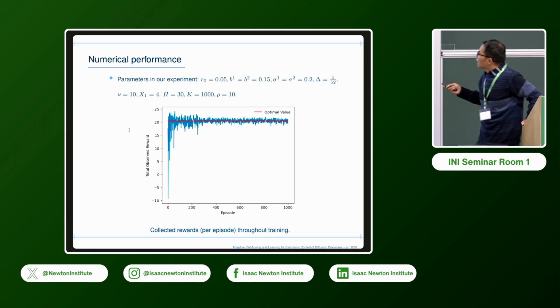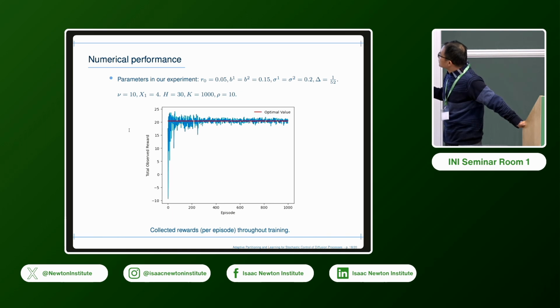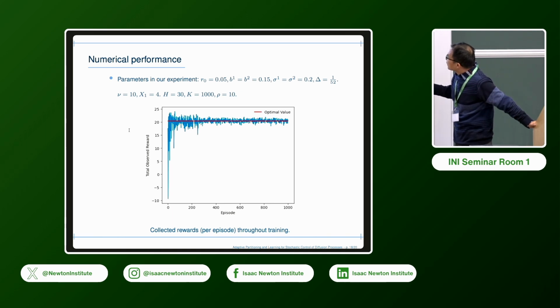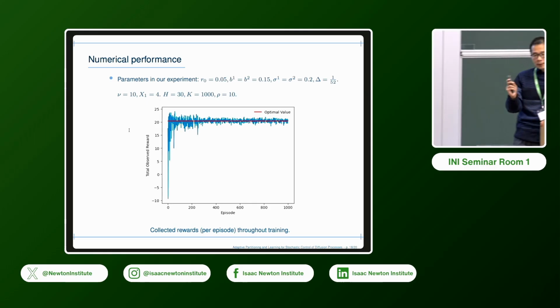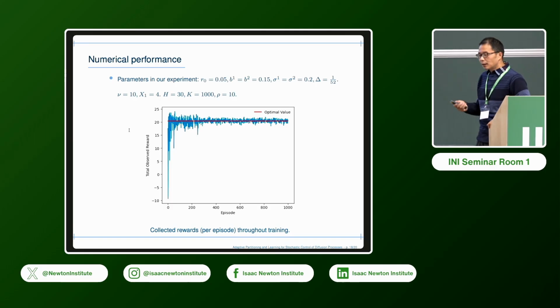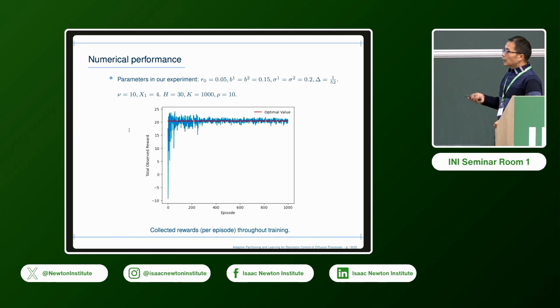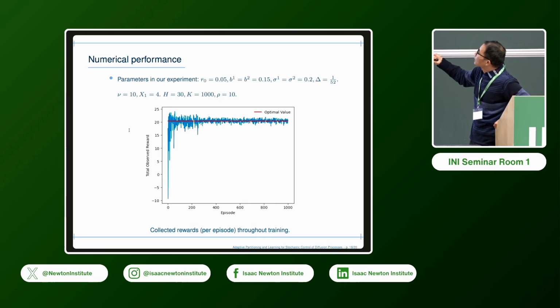So you can see, starting from something like 300 or so, the performance is quite stable. So the convergence is quite quick and quite stable. And from the stable state, this is the performance. It involves some variance. So you can also see that the variance of the objective is also quite small.